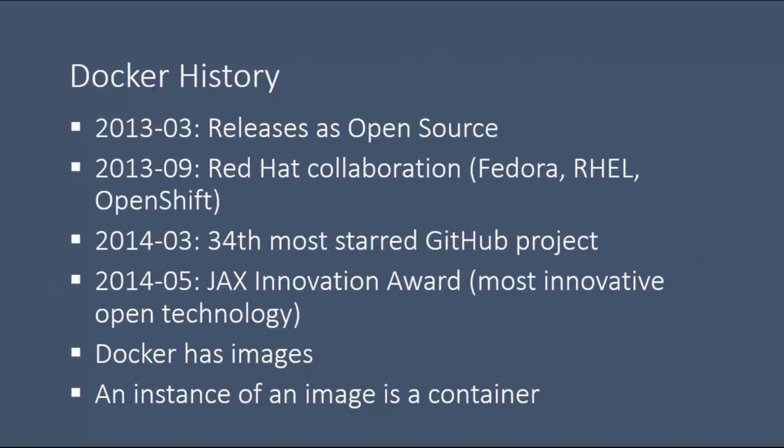A brief history on Docker. In 2013, it was released as open source. And then, of course, in 2014, it was the 34th most starred GitHub project. It also won several awards. Docker has images. An instance of an image is a container. The last 2 points